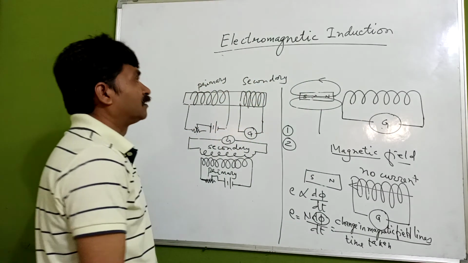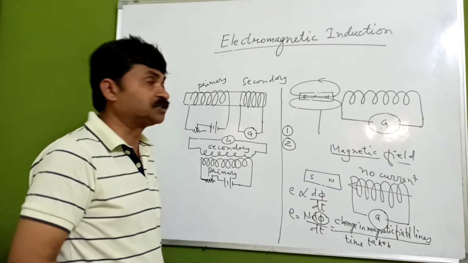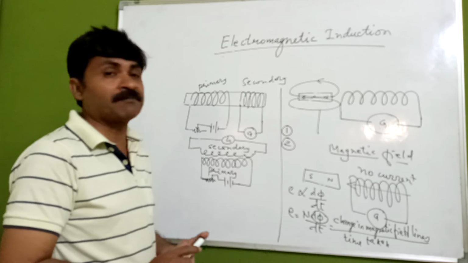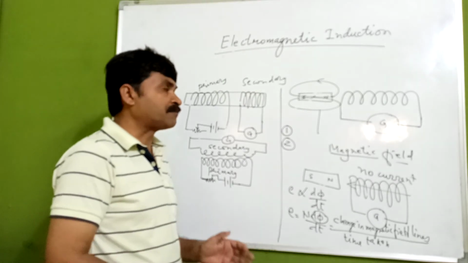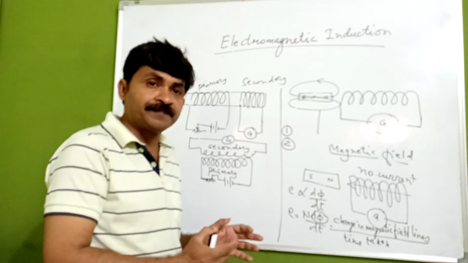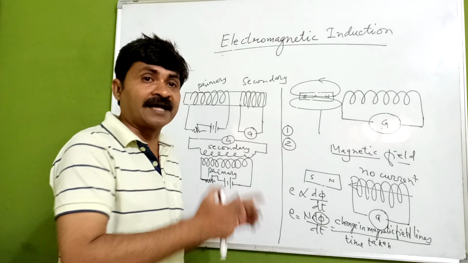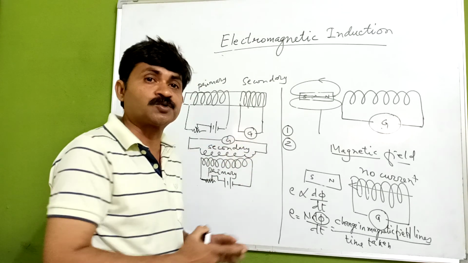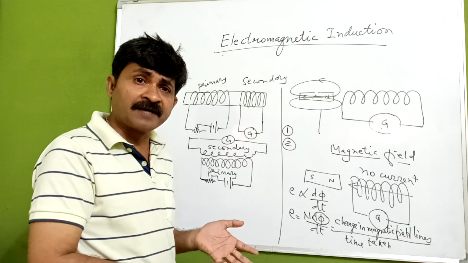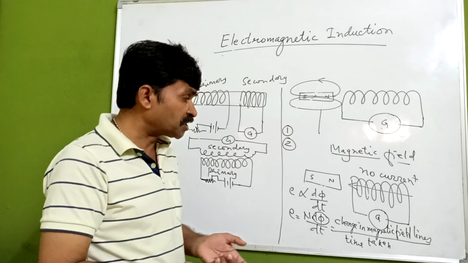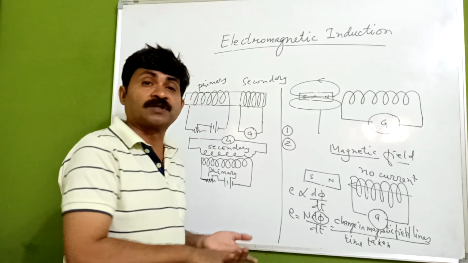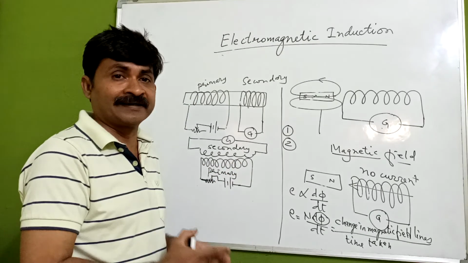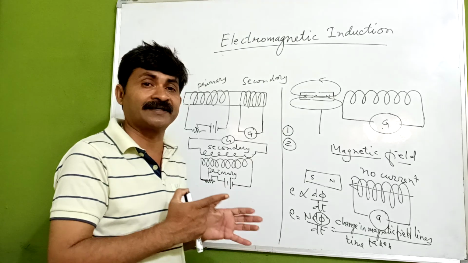So Faraday has given, on this observation, the law which is known as Faraday's law of electromagnetic induction. In that he has given that if there is a change in the magnetic field lines in the coil or a circular loop, there will be an EMF induced, and that EMF is known as induced EMF, and because of that there will be a current which is an induced current. Second, the induced EMF will depend upon the change in the magnetic field lines with respect to time. Okay. So we have gone through electromagnetic induction and Faraday's law of electromagnetic induction.